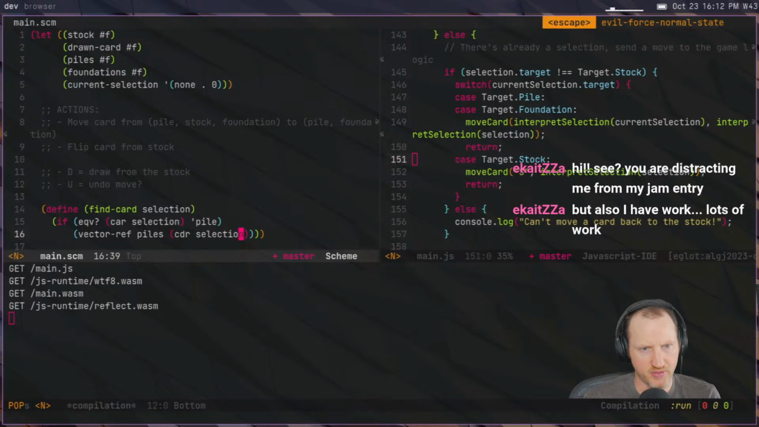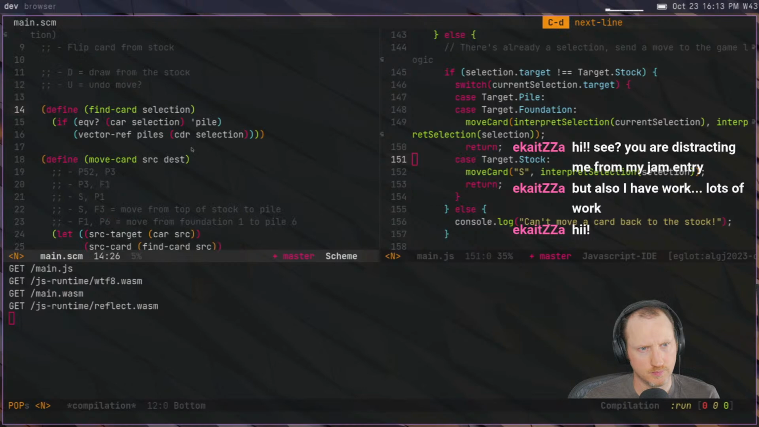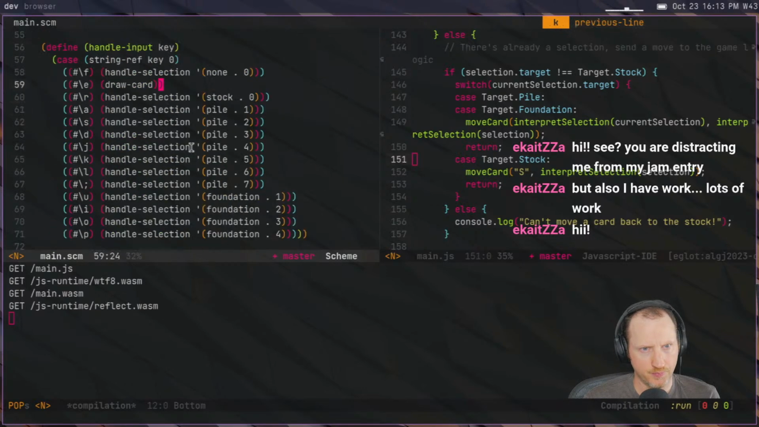The pile can have an offset. That needs to be managed. So should this be then a list instead of a pair? Because we can't do a struct. Okay. Also,